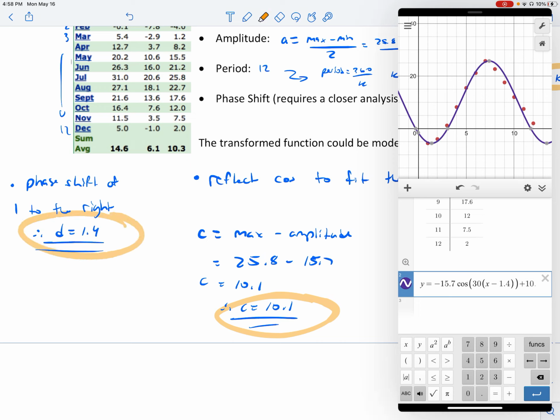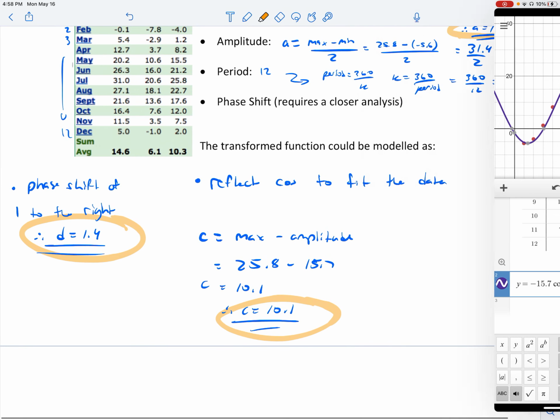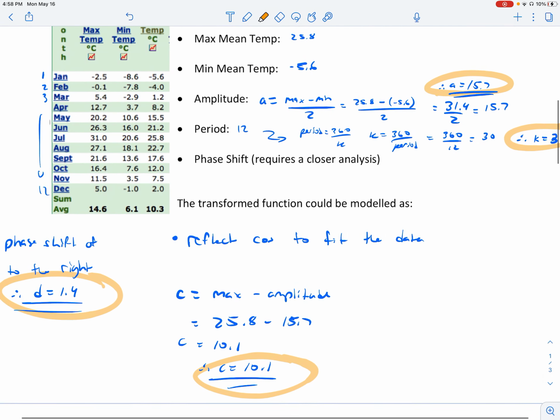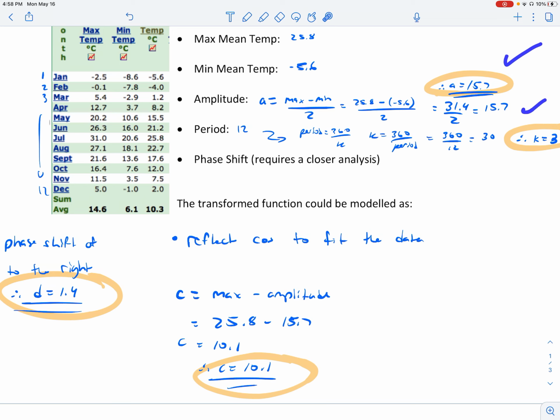So I'm just going to hide the graph for a second. So you can see I determined all my important parameters, A, K, D, and C. So then I can just write out the equation. And I'm going to use appropriate values. I'm not going to use Y and X. I'm going to use T for temperature, and I'll use